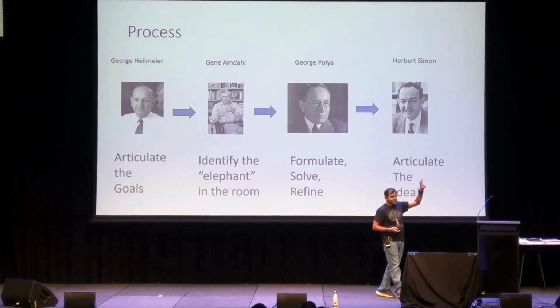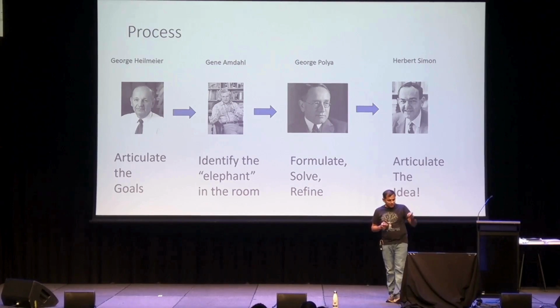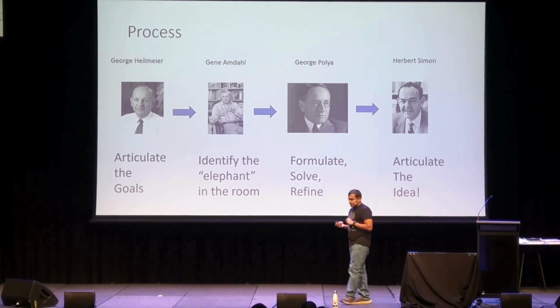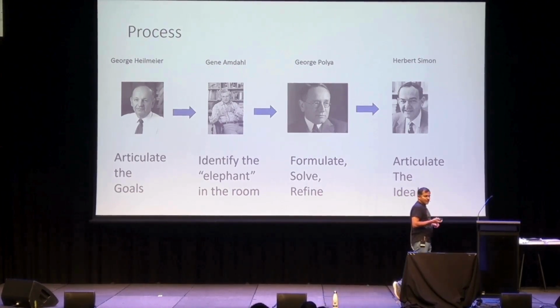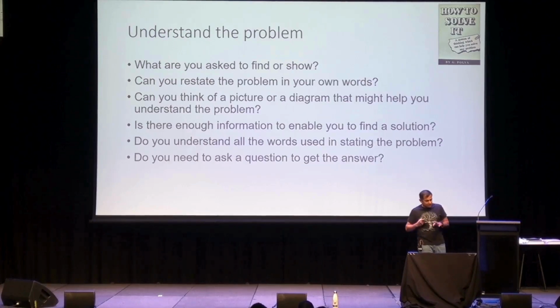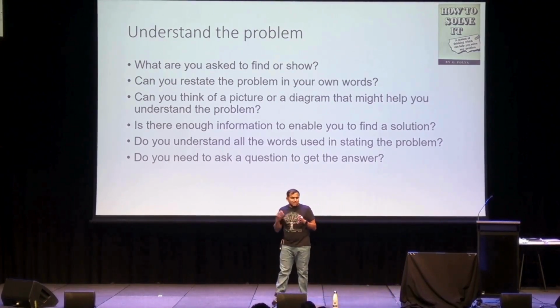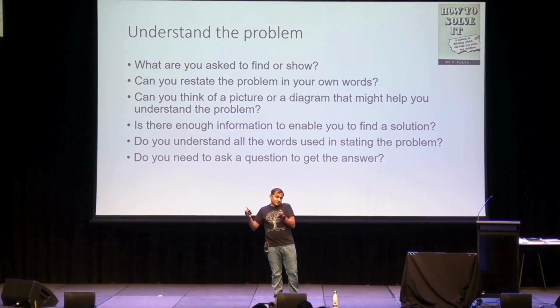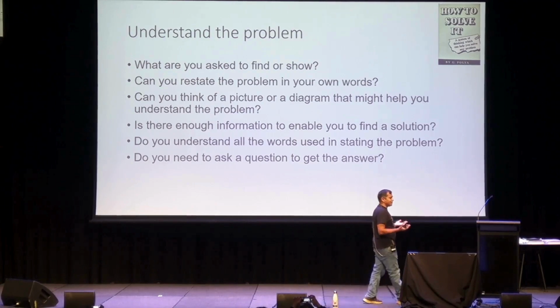So, step 1 is done. You picked a problem and articulated what problem you're trying to solve. Step 2, you've identified the elephant in the room. Step 3 gets into how to actually solve this problem. This is where I find this little book, a little genius of a book by Polya. It's about solving geometry or algebraic problems, maybe for high schoolers, but it's much more general than that. It's meta advice on how to solve any problem.